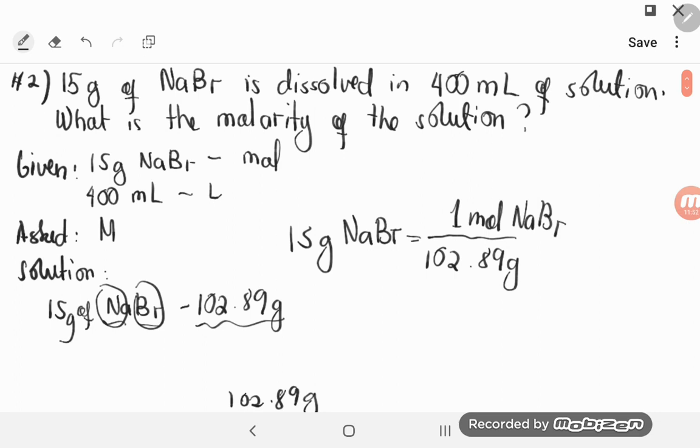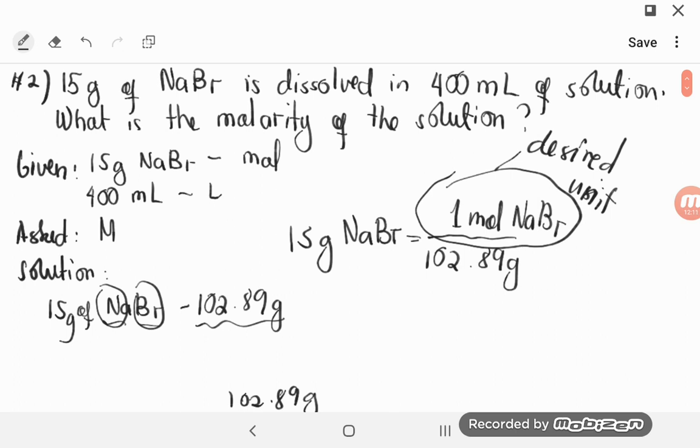So usually, the desired unit is actually found on top. When I say desired unit, that is the unit you are looking for. That's the unit you want to solve for. That's why it's always found on top, so that we can cancel the grams, leaving us with the unit mole. So if you are going to solve for it, that would be 15 times 1 divided by